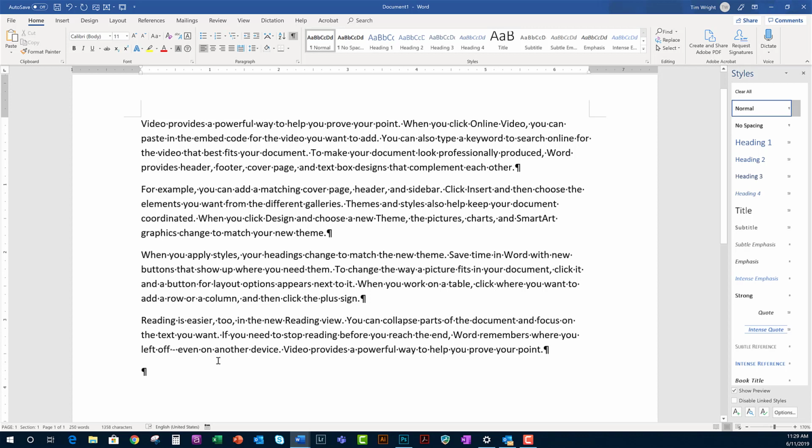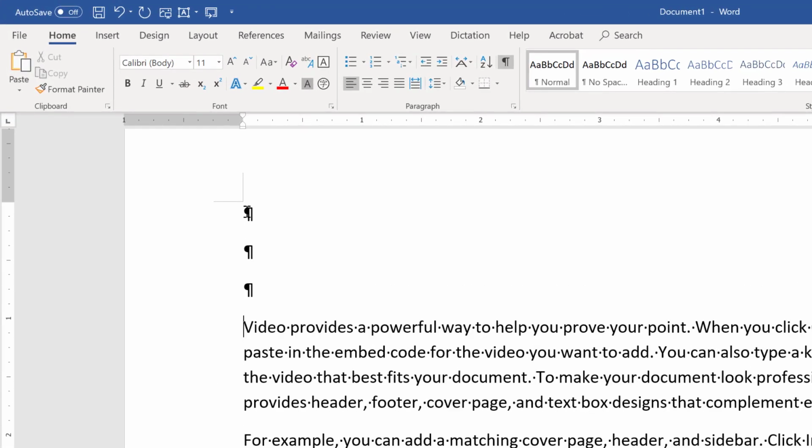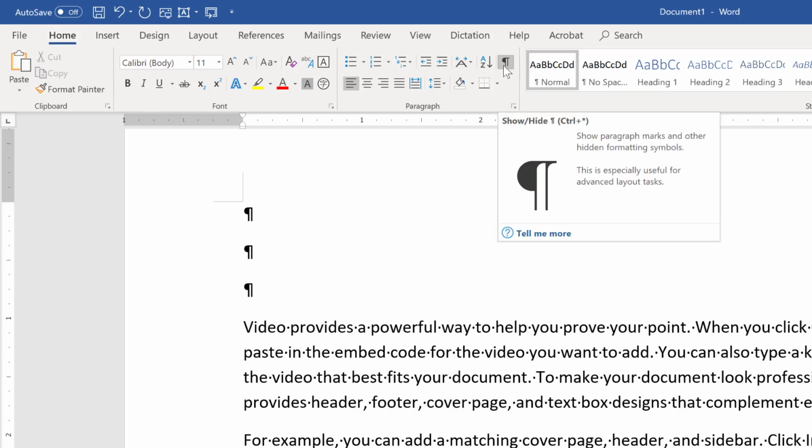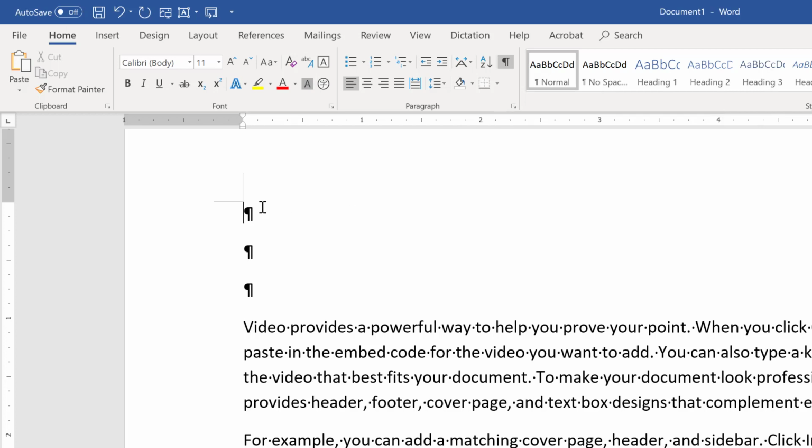Well, the first thing you'll be asked to do on this test is to create a title. I would do that by simply putting your cursor at the very top of your document. Hit enter a few times, and we see that we have paragraph marks because in our Home tab we have Show Hide turned on. Well, up here I can click and give it a title name,